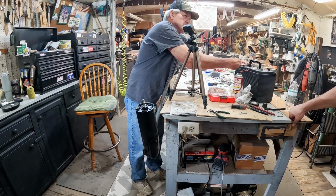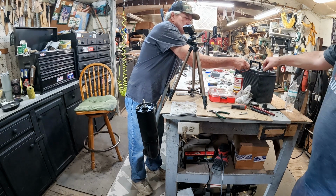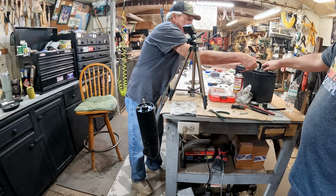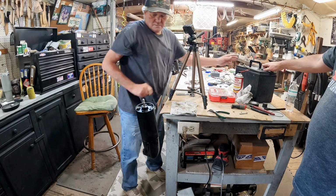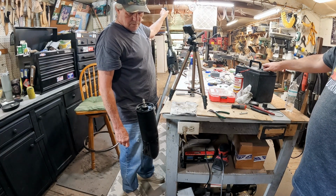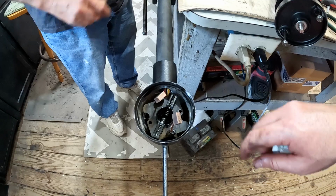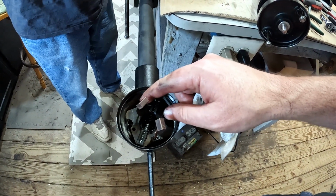Battery charged good. Should be charged. Guess I gotta do a battery of some sort. Of course, nothing is ever easy, so what we've noticed is that this one right here has been a